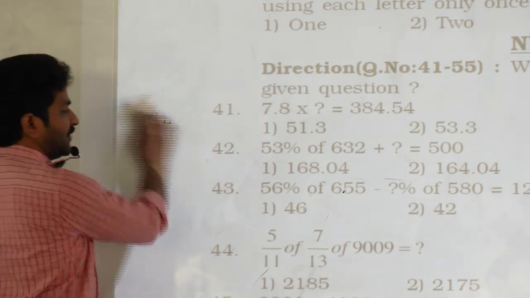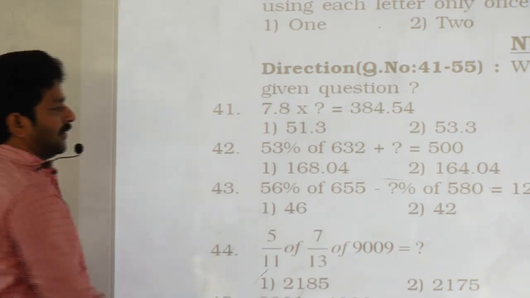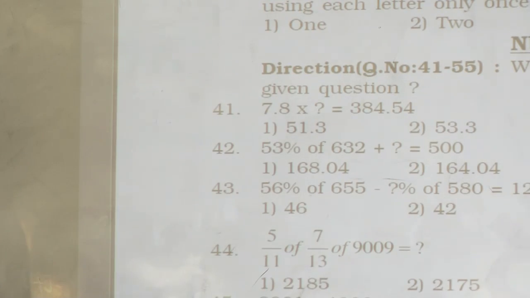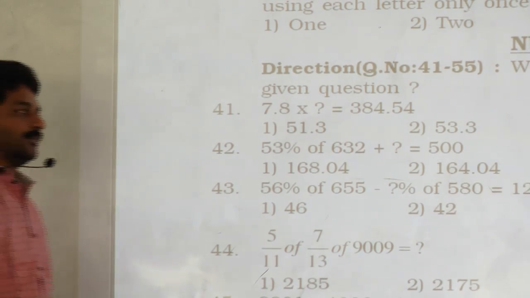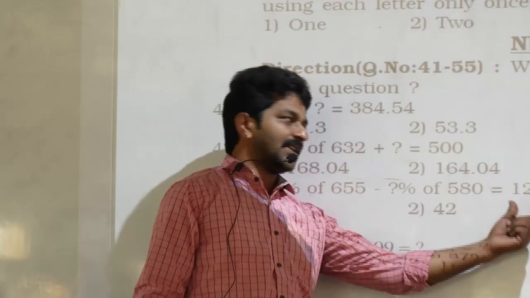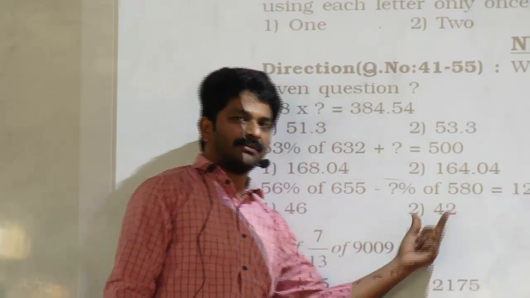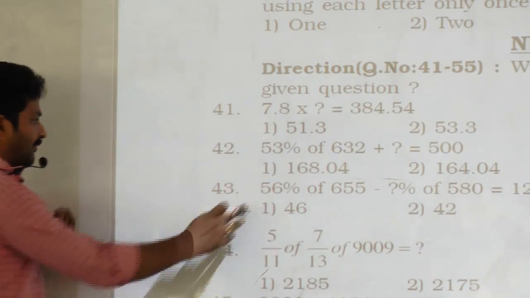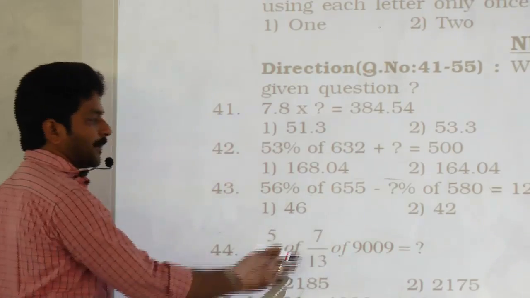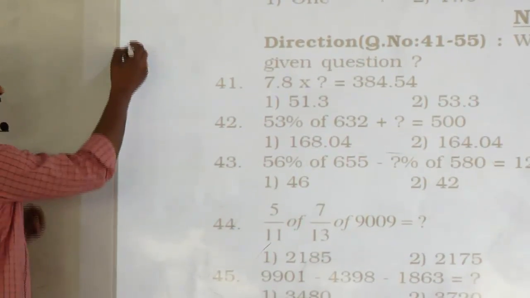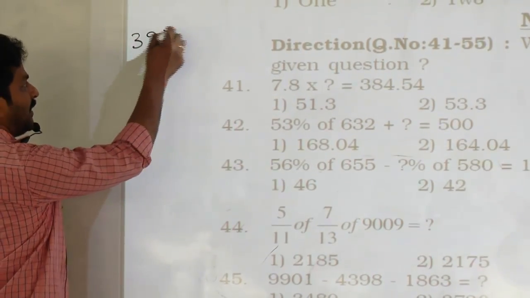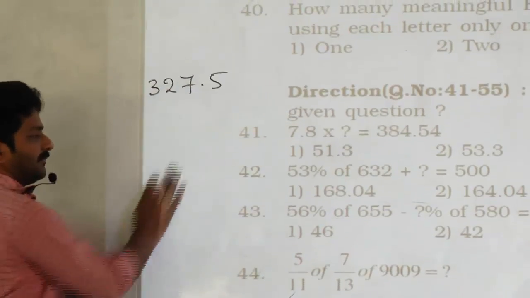56% of 655 minus what percent of 580 is equal to 123.2. Take this value to left hand side. 123.2 comes to left hand side. So 56% of 655, 50% of this number is 327.5,